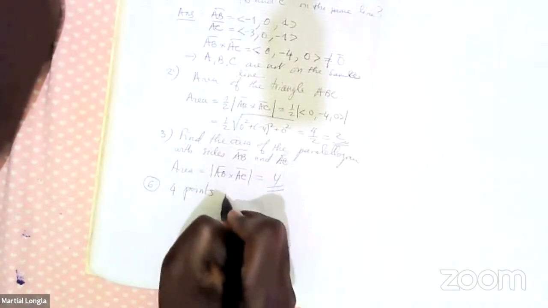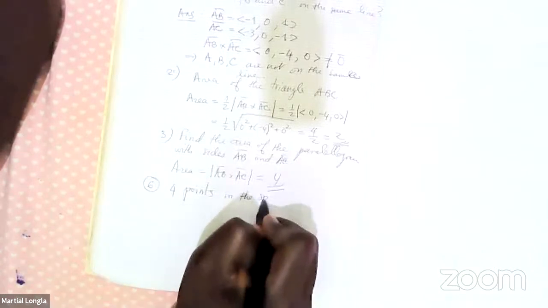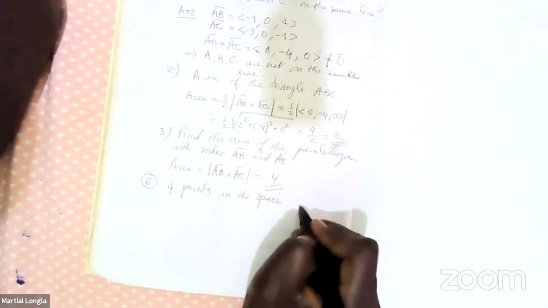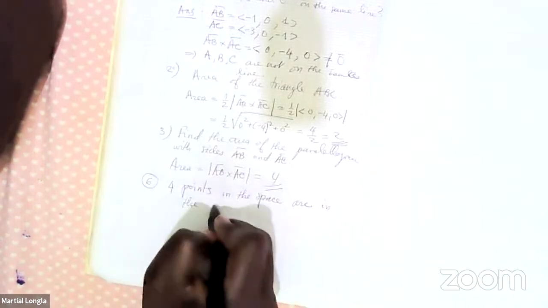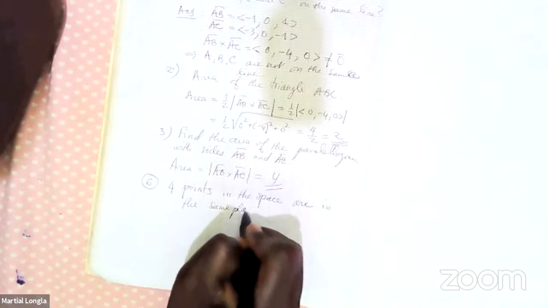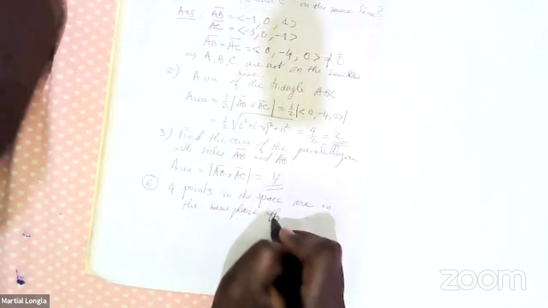Now, when we have 4 points in the space, when are they in the same plane, or coplanar? Say we have 4 points A, B, C, D in the space. They are in the same plane if and only if